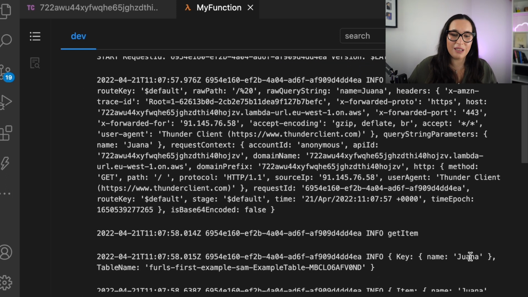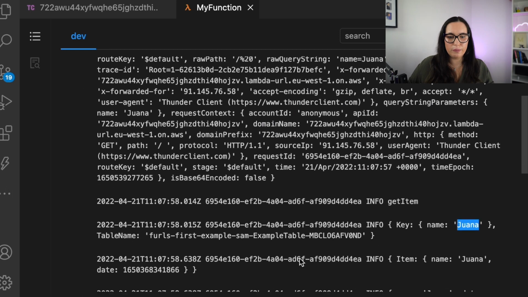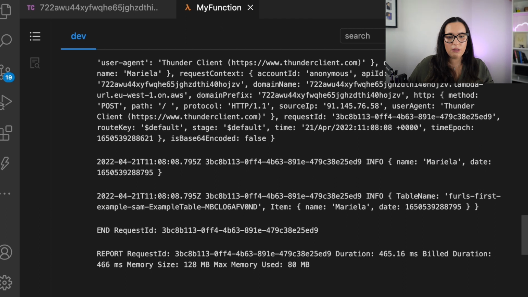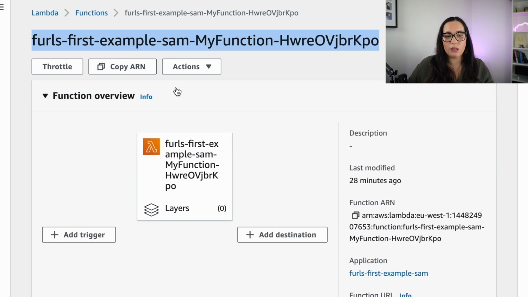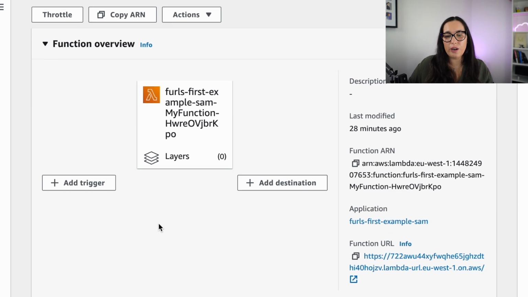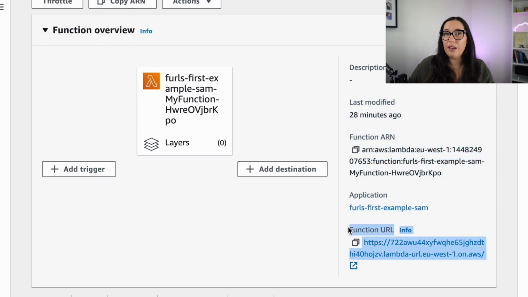Another of my favorite extensions for Visual Studio Code. So now that everything looks good, we can go to the AWS console. We can look for that function, and I can show you what you can see. Now you can see that the function doesn't have a trigger. There's no API Gateway, but it has a function URL on the side that you can copy and